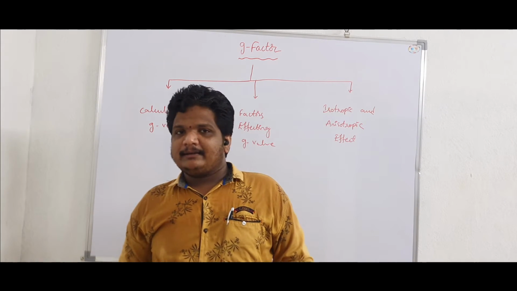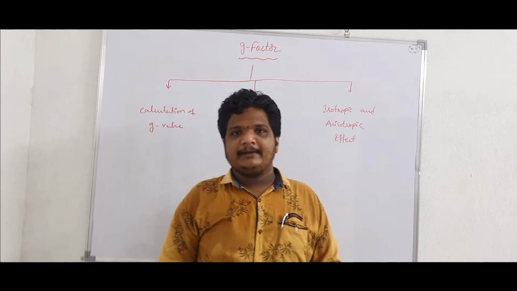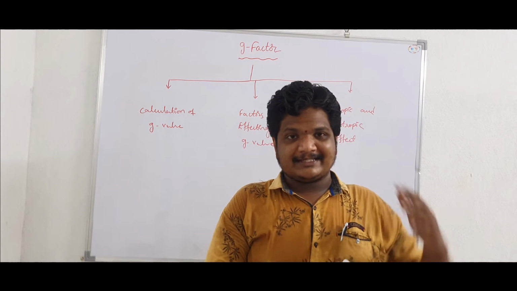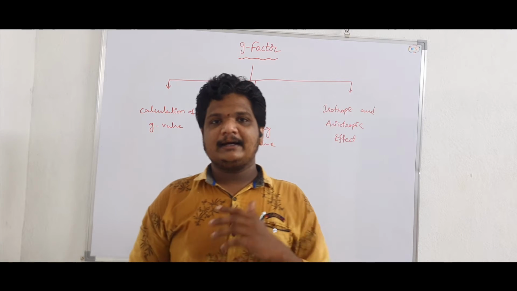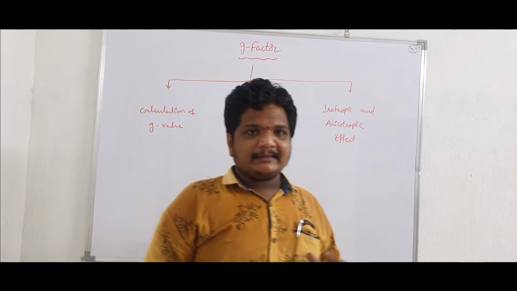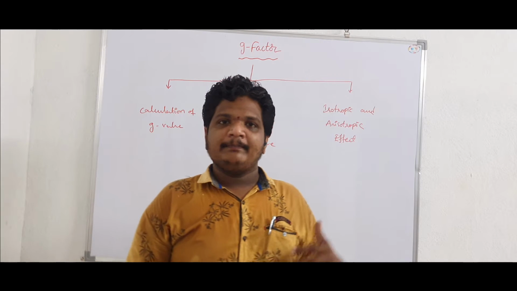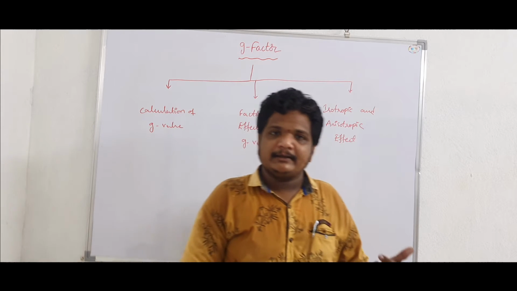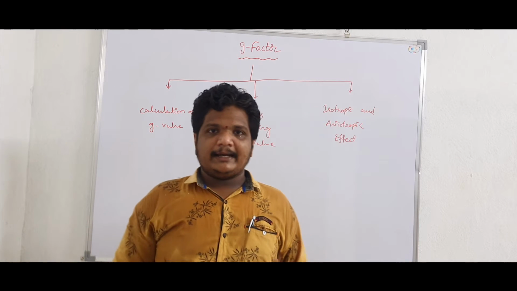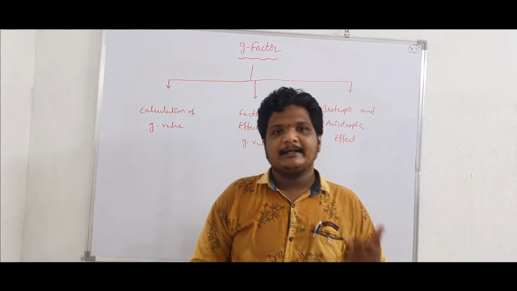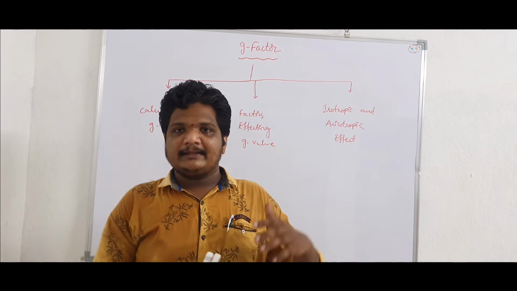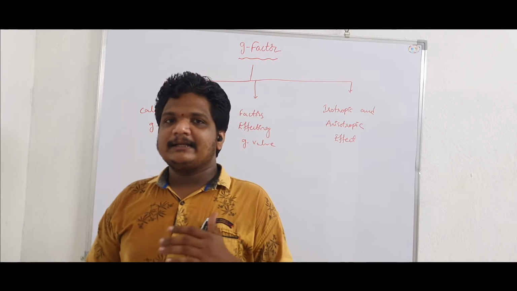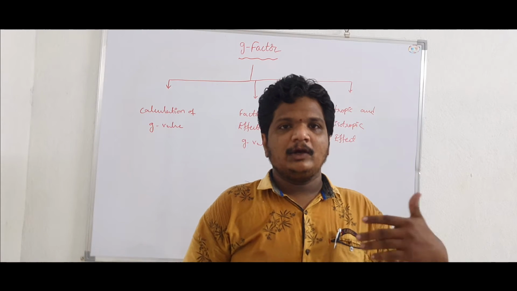In the case of ESR spectroscopy, this G value indicates the separation of spectral lines in the spectra. As in the case of NMR spectroscopy, the separation of spectral lines in the spectra is indicated by using chemical shift value. Like that, in the case of ESR spectroscopy, this G value indicates the separation of spectral lines in the ESR spectra of a molecule.